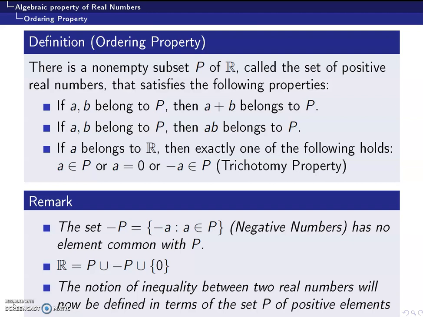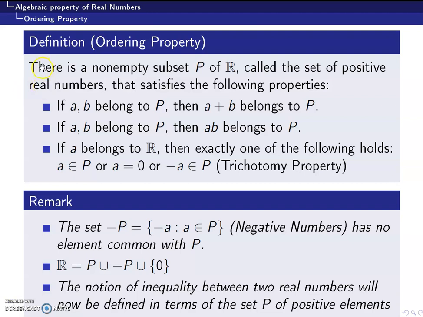The second one is that it is ordered, which means that every two real numbers can be compared, or can be arranged in some sort of order using some partial ordering relation. And the last one is that the set of all real numbers is a complete structure. Before we discuss further about completeness, in this video we will only discuss the ordering property.